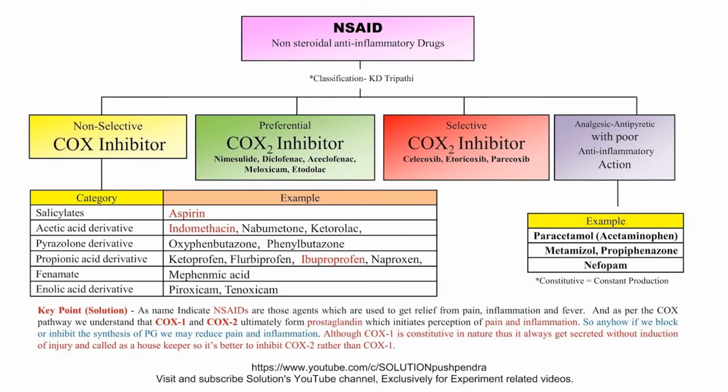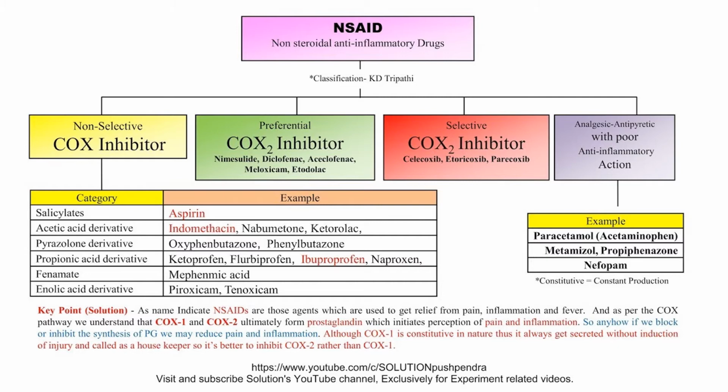Now, classification of NSAIDs: non-selective COX inhibitors, preferential COX-2 inhibitors, selective COX-2 inhibitors, and analgesic antipyretics with poor anti-inflammatory action. And there are drugs under these categories. In the non-selective COX inhibitors category, there are salicylates, for example aspirin; acetic acid derivatives, indomethacin; then pyrazolidine derivatives,